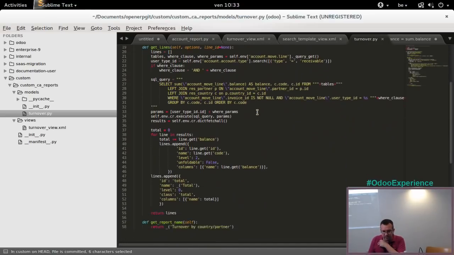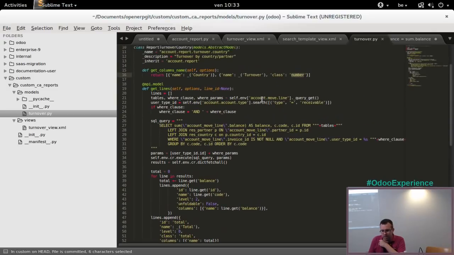Okay, so the getLines method is what is interesting. In this case, I've just written a simple SQL query to fetch all the lines we need. It's pretty much the same as what is done in the